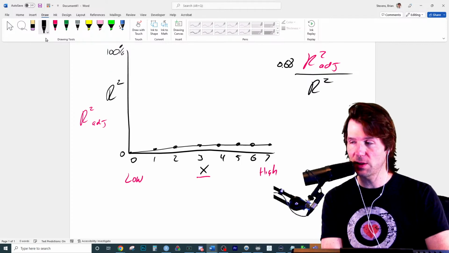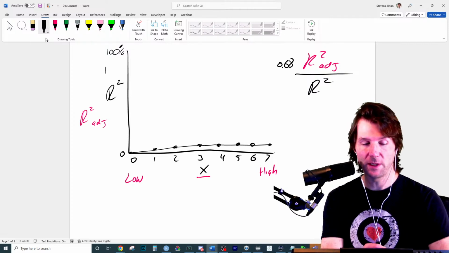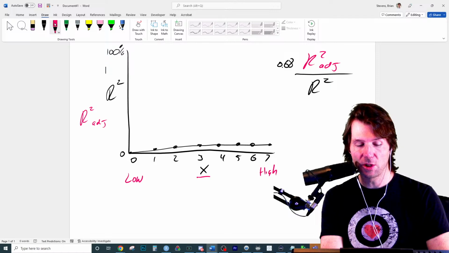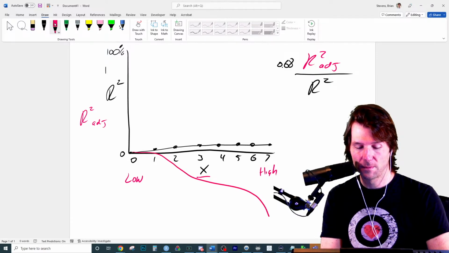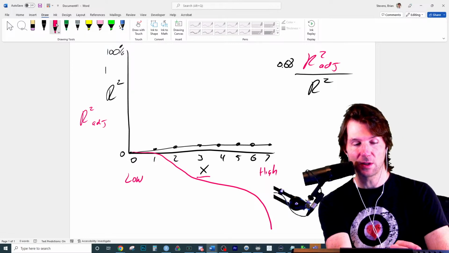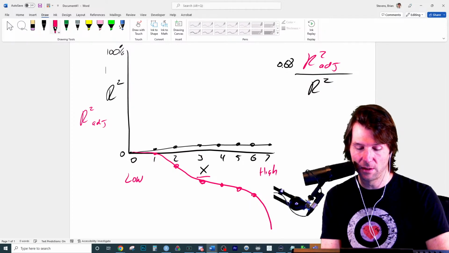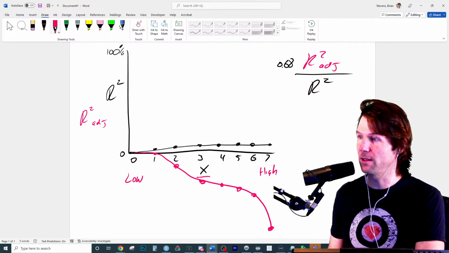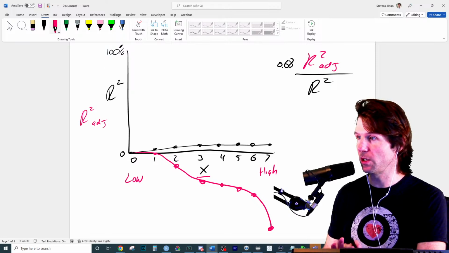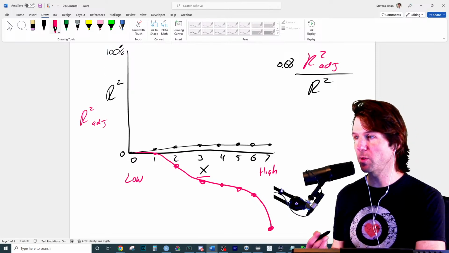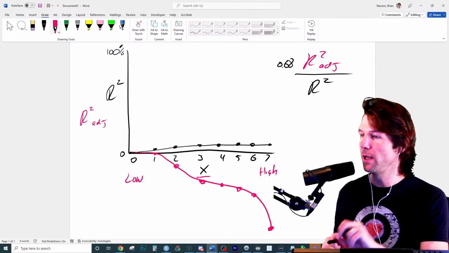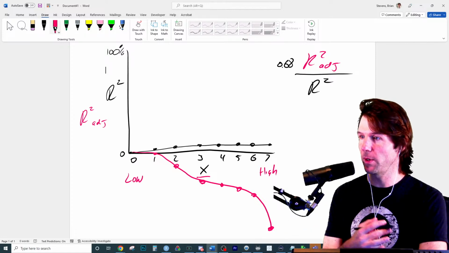So R squared adjusted is R squared with a penalty. Guess what R squared adjusted can do? Because it's R squared with a penalty, R squared adjusted can be negative. So it doesn't have an interpretation. It's not percent of variation. It's a fairer way to assess how we are doing.